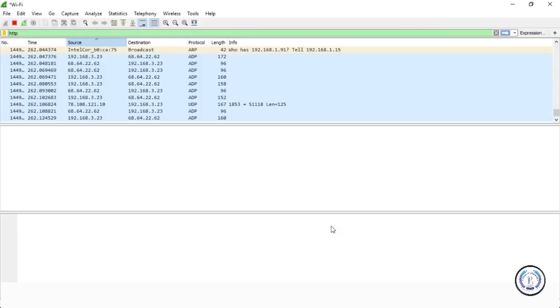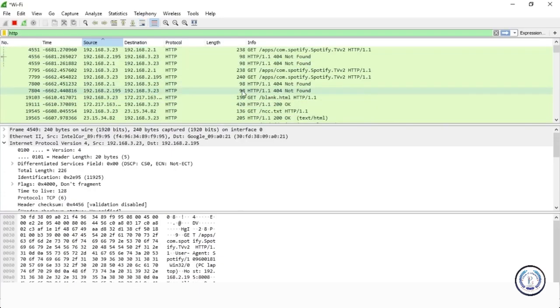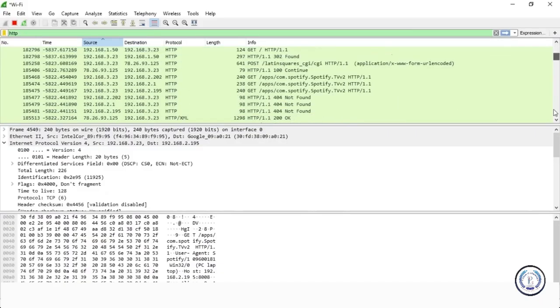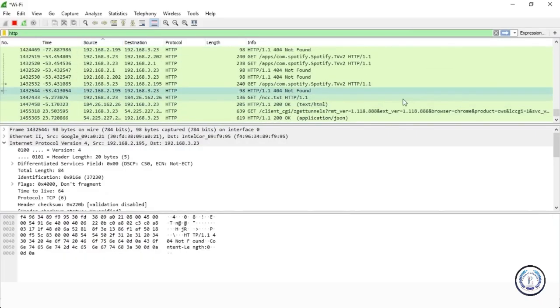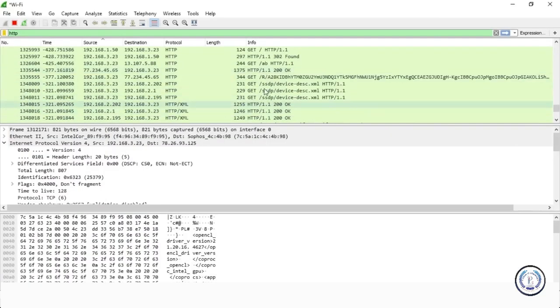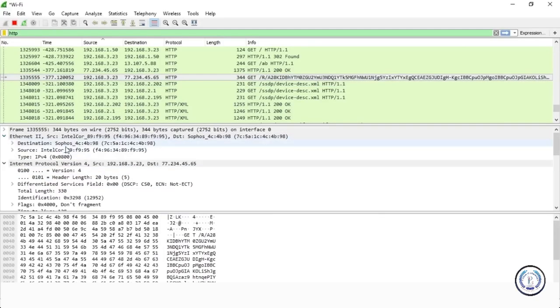I can select, analyze, and follow TCP streams. You can see all the requests related to this particular request, and it breaks them down very nicely. So you can see we've sent some requests to Spotify because I've been using Spotify to actually listen to some music. Then you can see all sorts of stuff like this was something to some not found place. So let's just take the Spotify one, and you can see that we get a bunch of information from the Spotify thing at least. You can see the destination, the source.